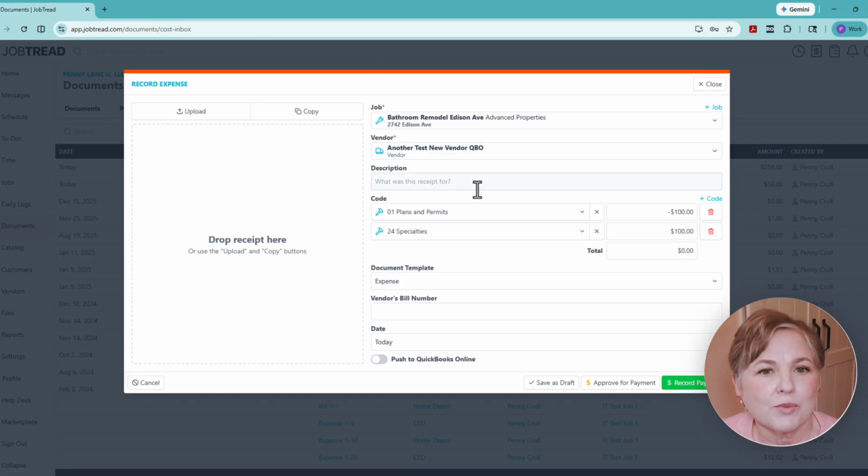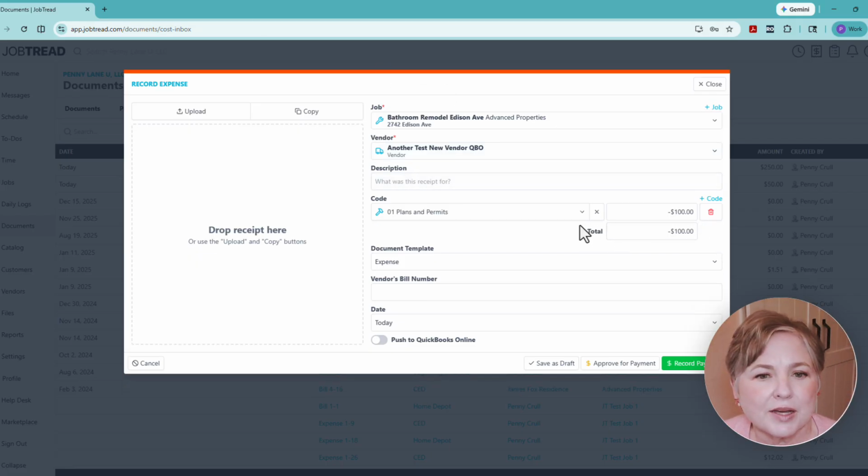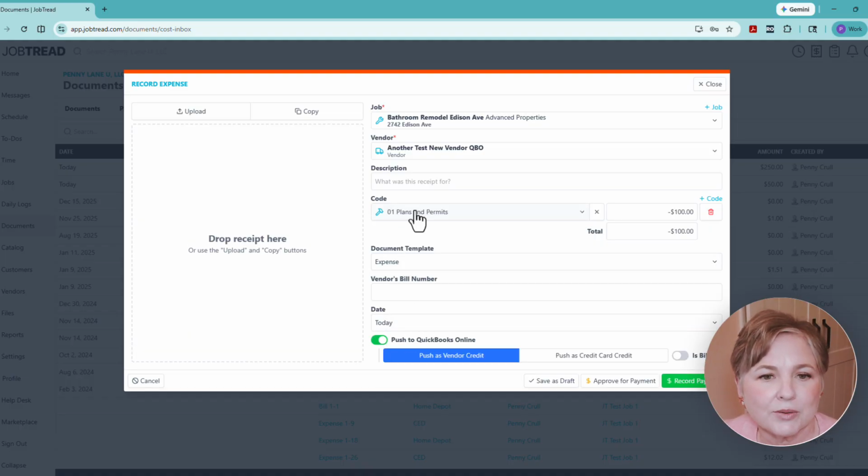But another thing that I want to point out about this is how would you enter a credit memo, a vendor credit, or a credit card refund? In JobTread, any kind of credit transaction is just created by creating a negative. So if I wanted to do a vendor credit or a refund, I would just go in here and I would put it to the correct cost code as a negative number, and I can either push it as a